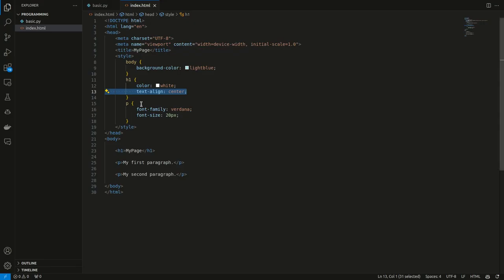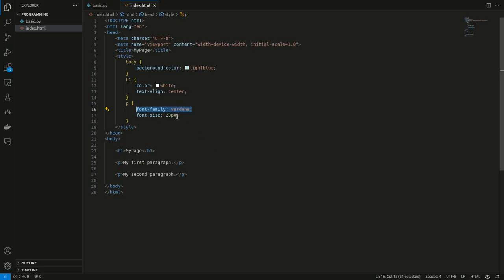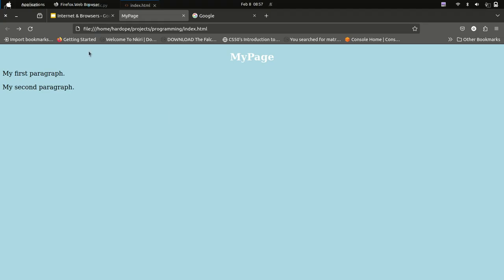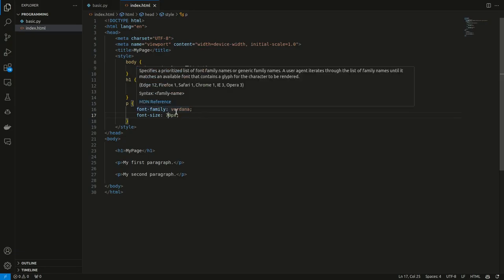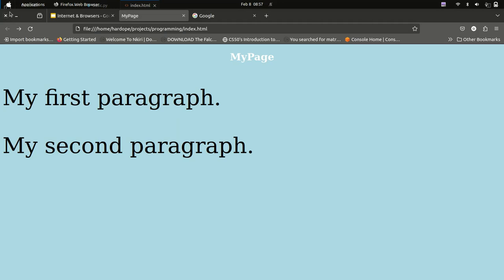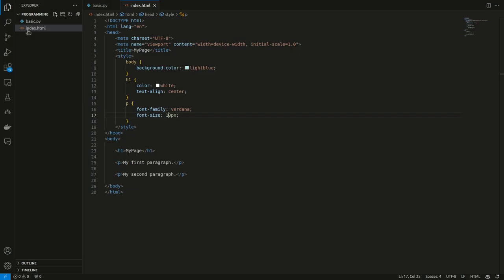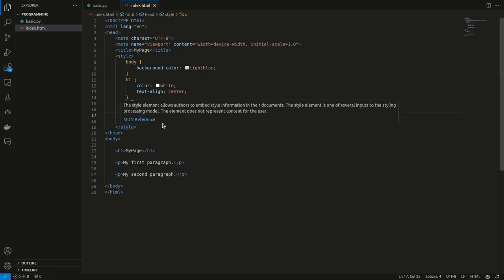So now let's see, we have the font family. We change the fonts for the paragraphs and then the font size. Now let me change this to something so you can see how cool it actually is. I can see the text become bigger because I changed the size of the text. I can say 10 and it goes all the way smaller. So that's how it is. Let me say 30 and now we have, yeah. So now let's make it look quite nicer.